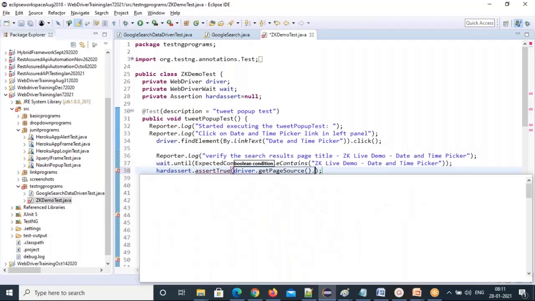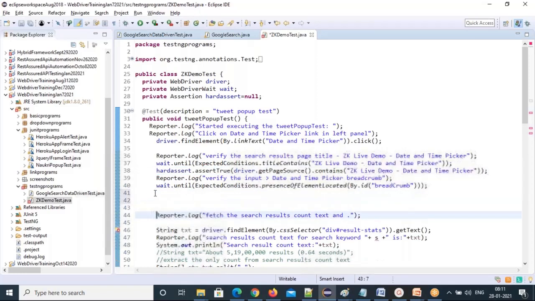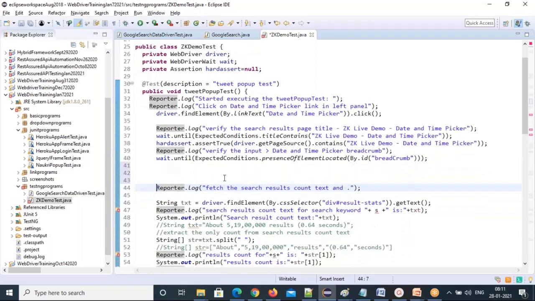In this page source, it contains this value or not, I'm just checking. You can do validations like this also. So this is the perfect validation. This one just waits, but this one is perfectly asserting. So that's the breadcrumb also you did. Okay, done.